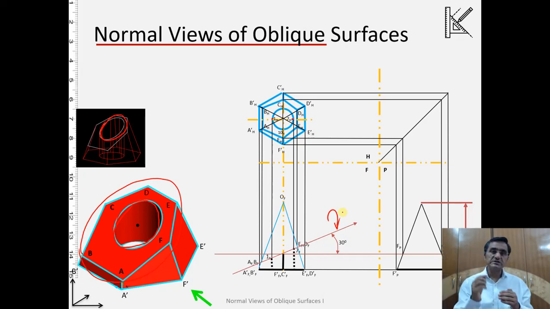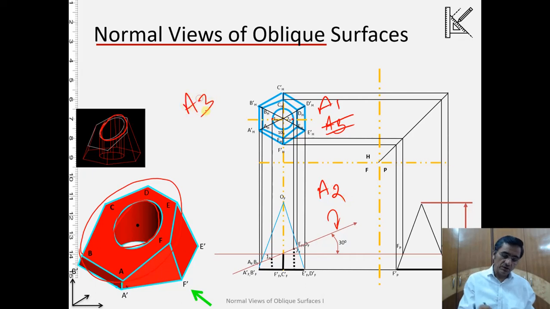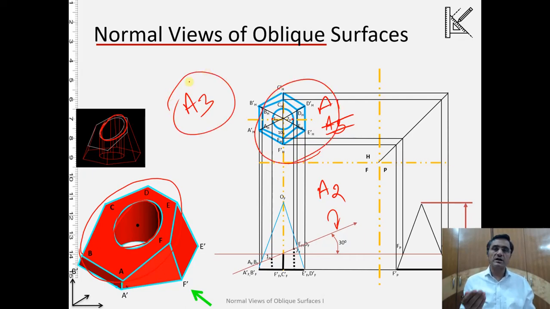Okay, those points, meaning A, B, C, D, E, F, and then on those I will be treating this as A1, this as A2, and A3 will be the auxiliary plane where we are doing it. So from A2 now we can take the projectors because we know the positions of various points over here. We'll be measuring the distances from A1, applying them onto A3 and getting the true shape. Let's do it.